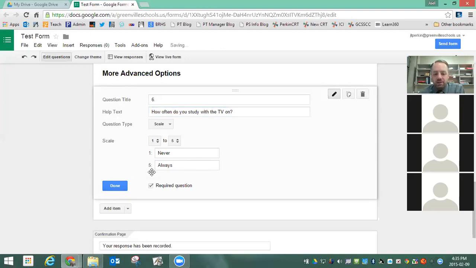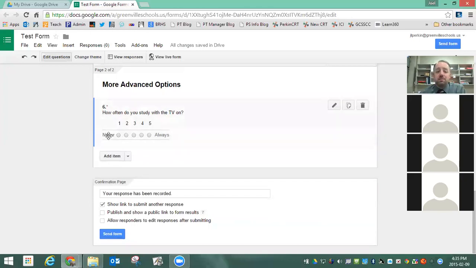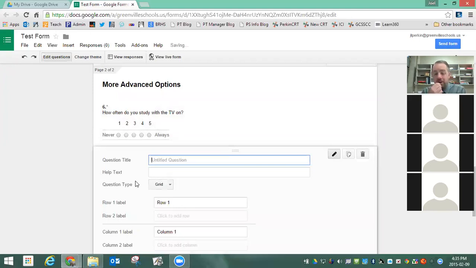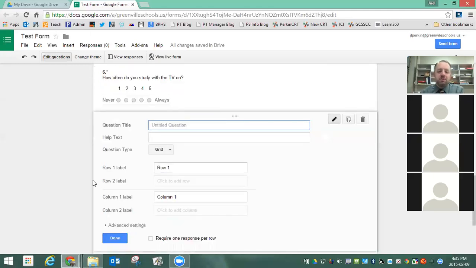I'll make it required. Notice there's no advanced options for this one. And so they just get the scale. And they can pick their answer and move on to the next one. Again, the little red star means it's required. The grid, and this is one I love using all the time, is a whole bunch of scales all together in one. So the question might be,